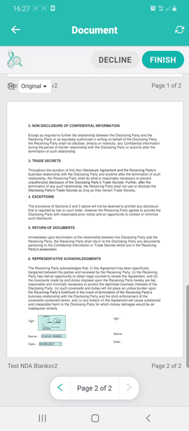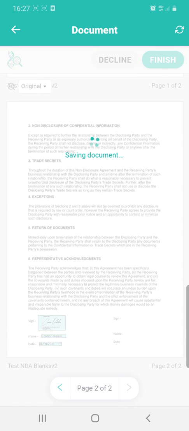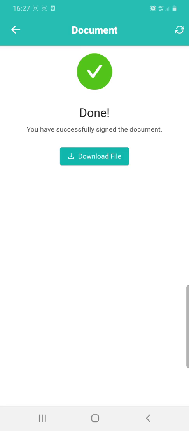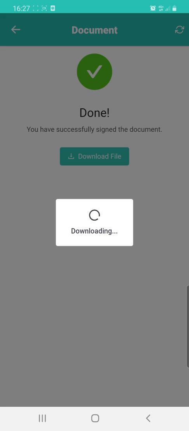And there we are, that's how easy it is. We're then going to click finish. Our signed document will then be sent to the person who sent it to us, and I can then download the file myself. And there we go, that's how easy and simple it is to sign a document using the